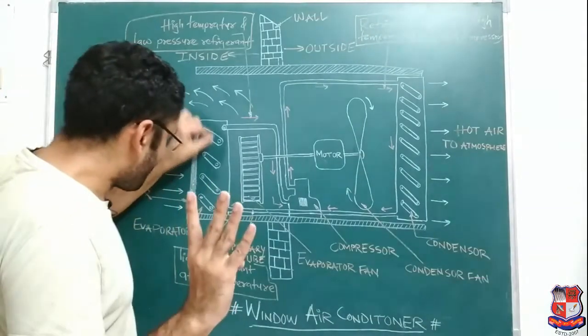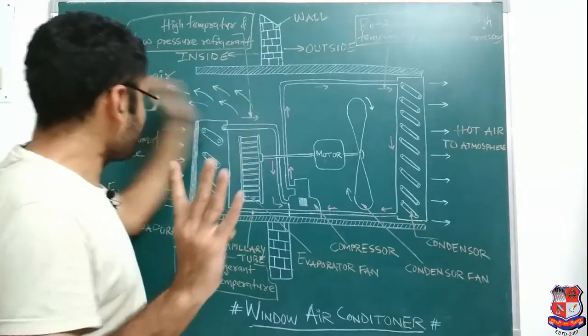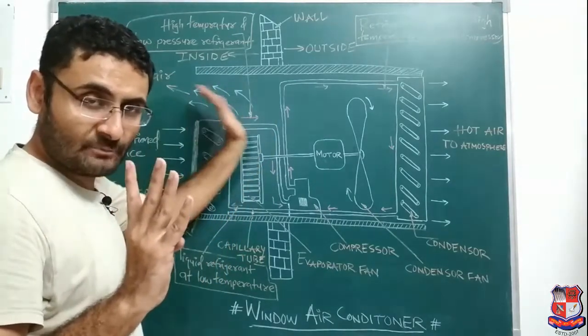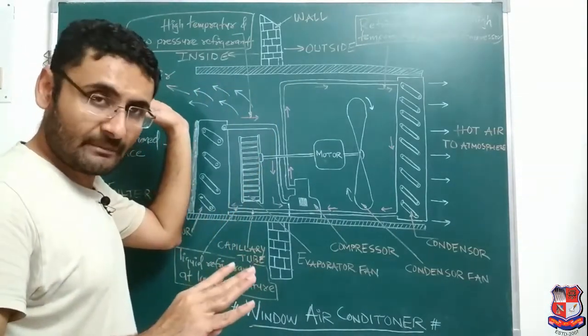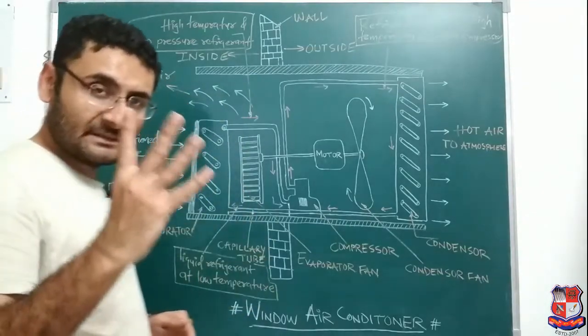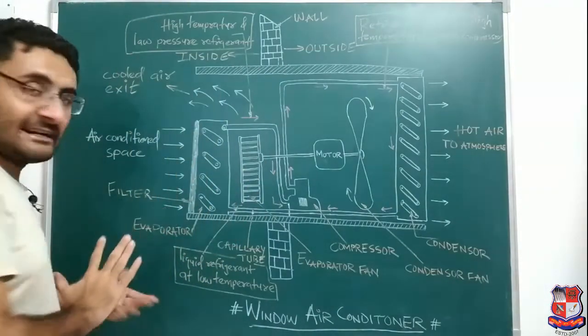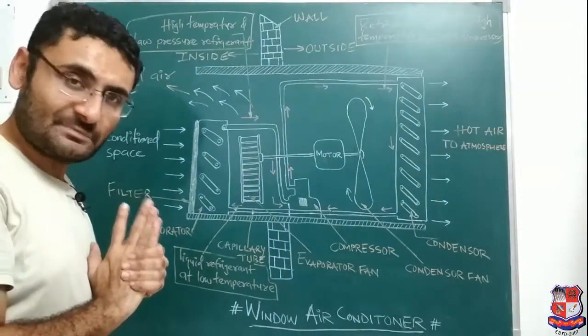So over here small water particles stay on the evaporator, so that whatever air is exhausted inside the room has a lesser amount of water vapor particles. That means that air is dehumidified. Okay, so all four purposes are satisfied. So that is why that space is known as air conditioning space or air conditioned space.